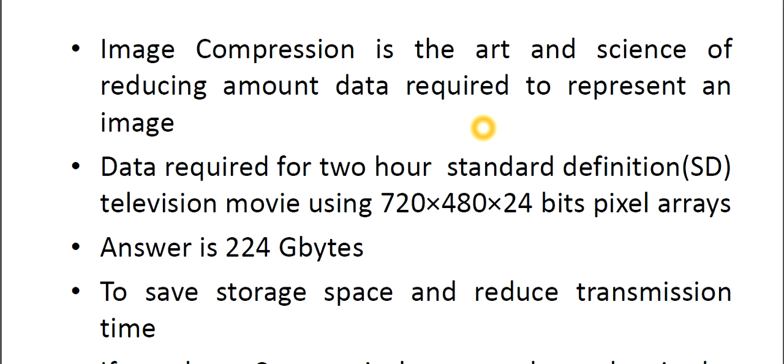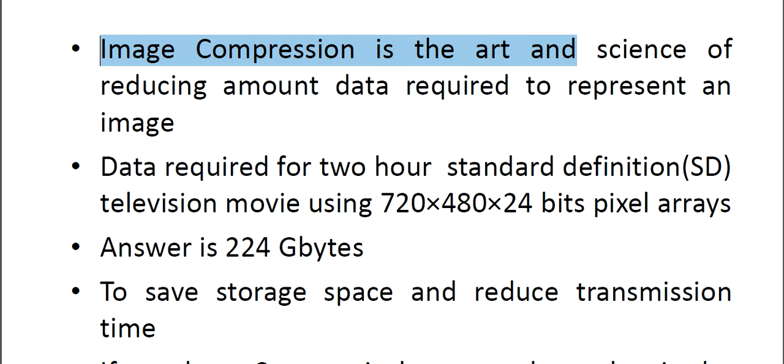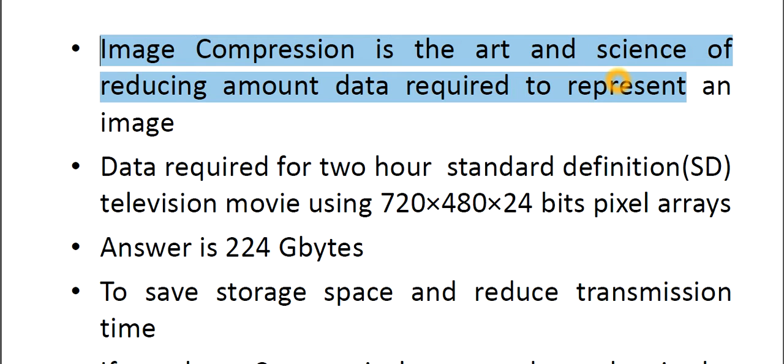So, this is the lecture series on digital image processing, and today our topic is image compression. Okay, so what is image compression? Image compression is the art and science of reducing the amount of data required to represent an image. So, you can consider this as a technique to reduce the amount of data that will be needed to represent